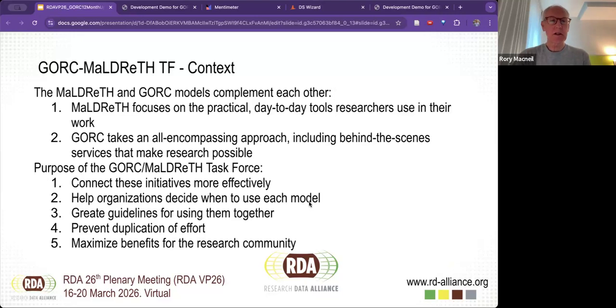As it says on the slide, I'm assuming here that everybody is pretty familiar with Maldrith, but very, very high level for those who aren't. The Maldrith map has at its base a version of the research data lifecycle with 11 phases, and then for each phase, three representative categories of tools that are often used in that phase were identified.